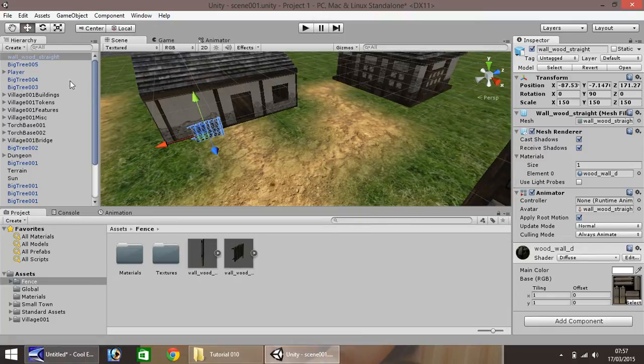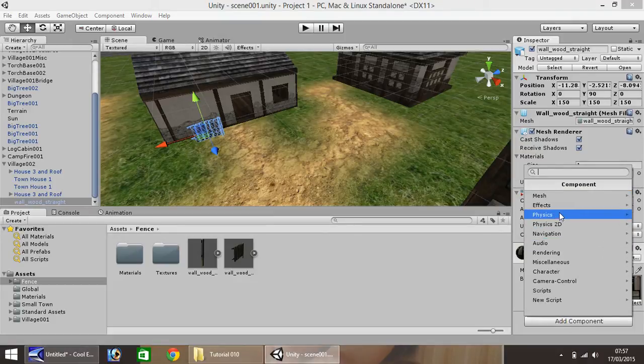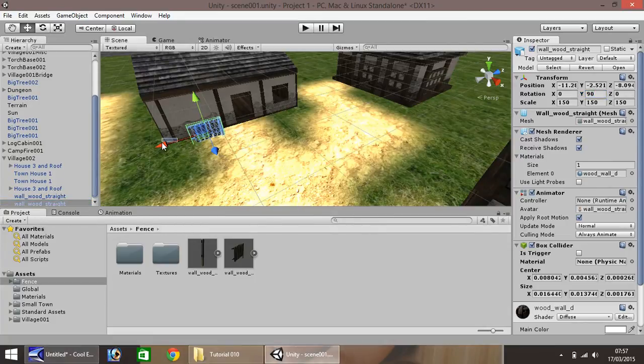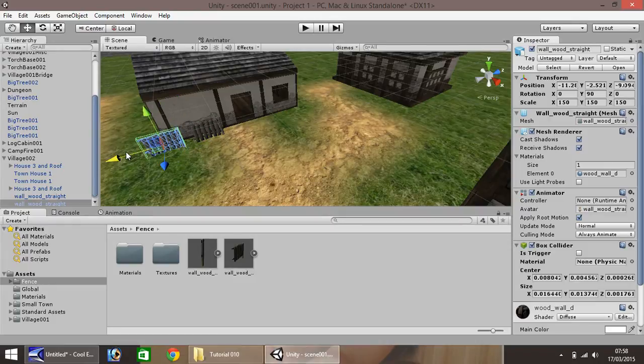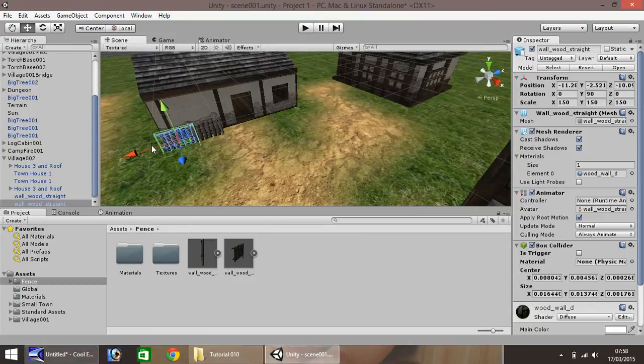Okay, so now what we'll do is we will take this and drag and drop onto village 002, and you'll see it appears there in the hierarchy. Next, down here, add component, physics, and box collider. And all that will do is stop our player being able to walk straight through it. So next, if we duplicate, Control D, duplicate, and pull it outwards,